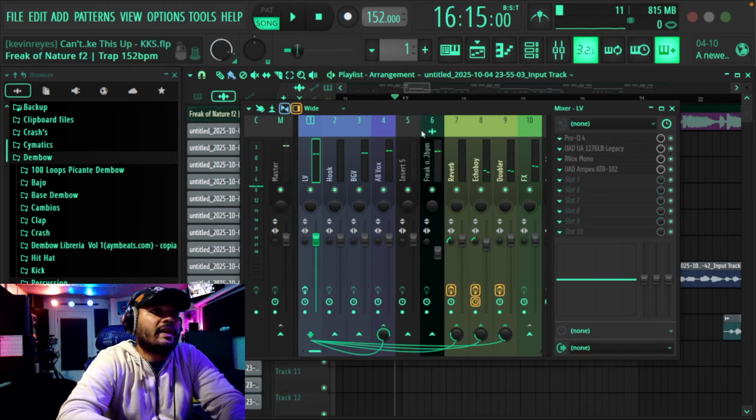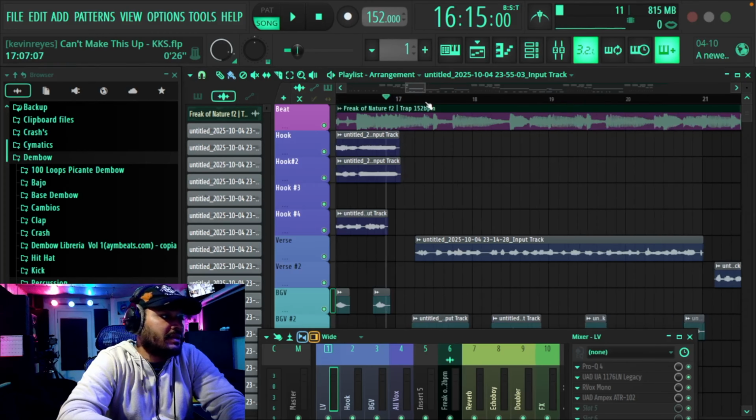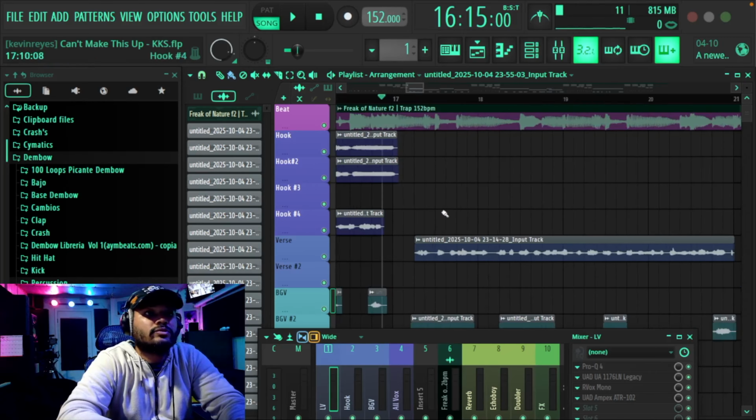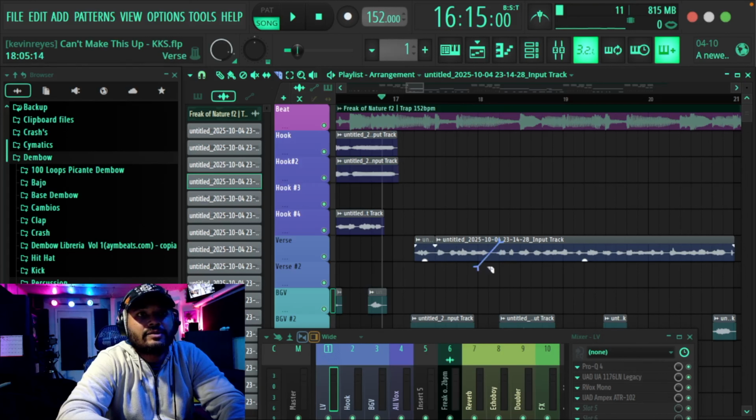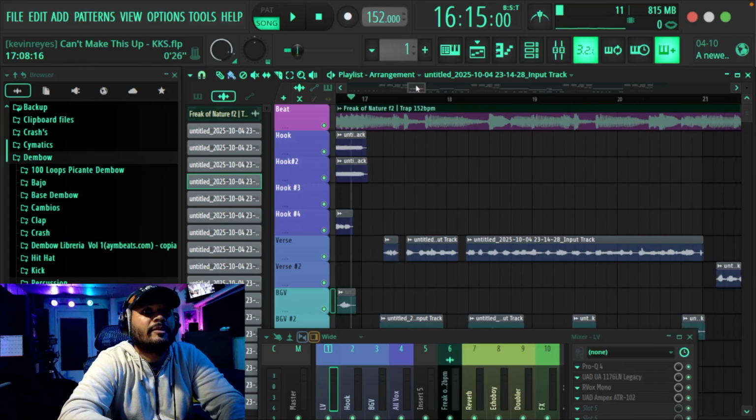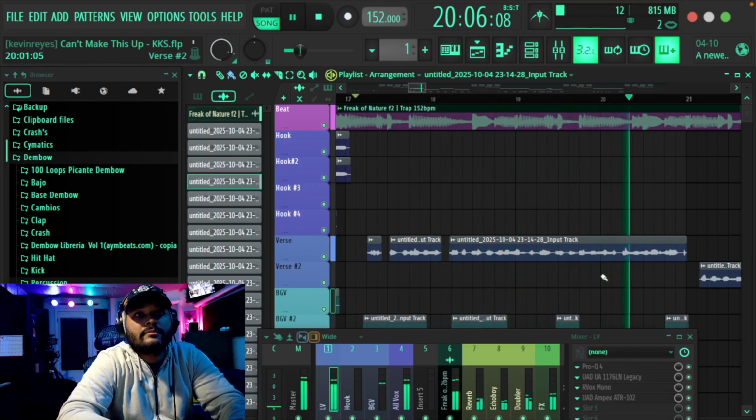Alright, so what I'm gonna do right now real quick is clean up those lead vocals. I don't know, it just bothers me. It's kind of a pet peeve, and for whatever reason my ear is so sensitive that it picks up these little nuances, so I just gotta clean it up. It's not like that many audio clips have that many spaces in them, so